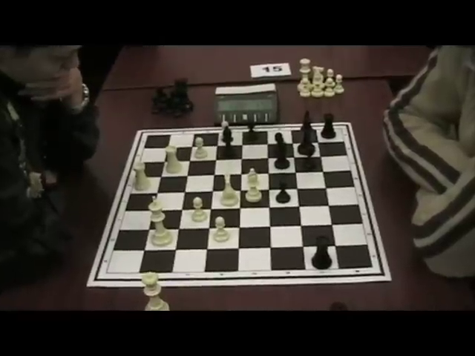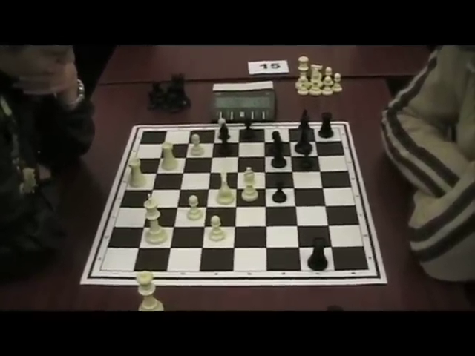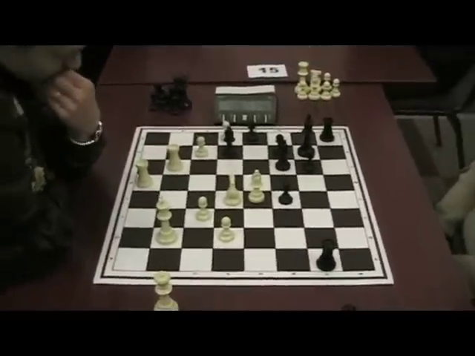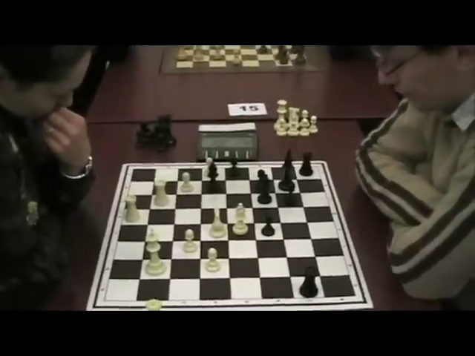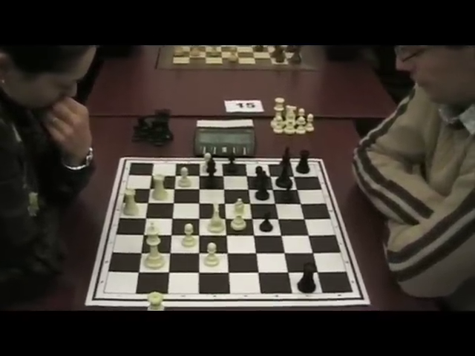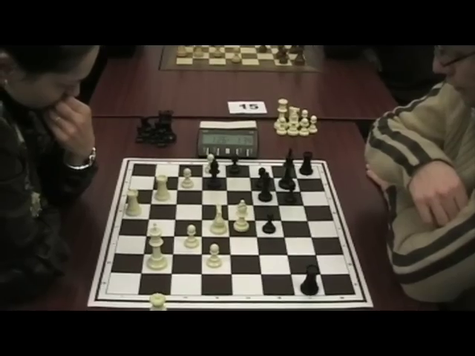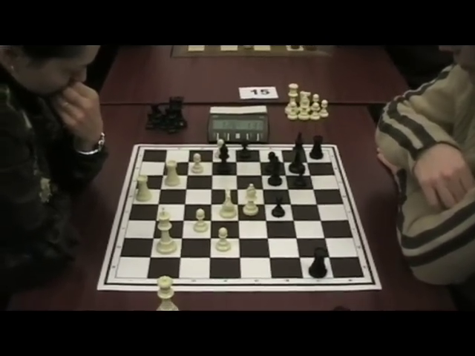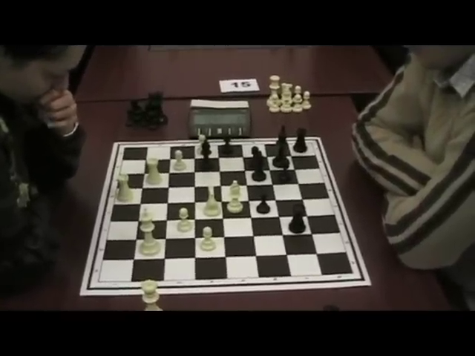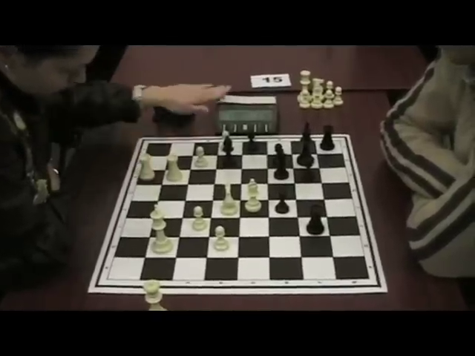So now I'm trying to create some threats to the c7 pawn, and here my opponent should have played bishop d5, because right now my idea is to play rook d to c1. So bishop d5 would be a very nice solution, with the idea to attack the b3 pawn. But probably my opponent was afraid of knight f6 after that, with some complications, and that's why he played rook f7. And here I played rook d to c1,